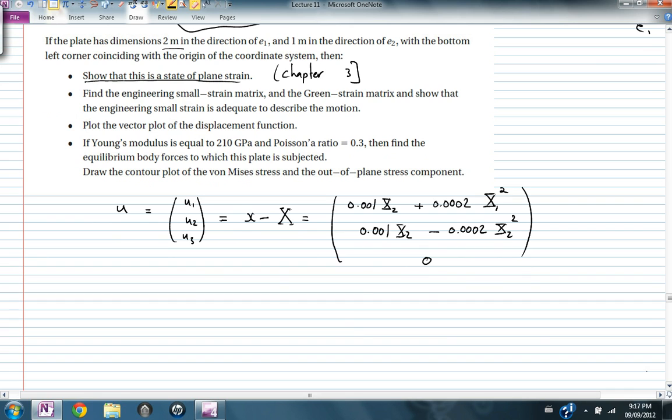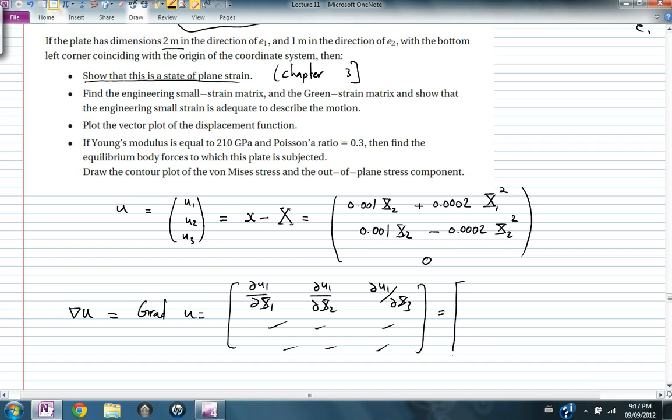Okay, how do you calculate the strain? The strain is calculated using, first we have to calculate the gradient of u, which is a matrix made of partial u1 by partial x1, partial u1 by partial x2, and so on, which, when you do all these calculations, you're going to get 0.0004